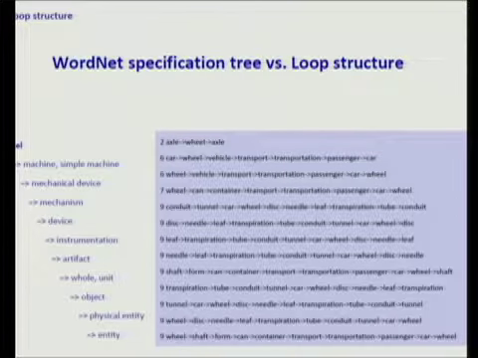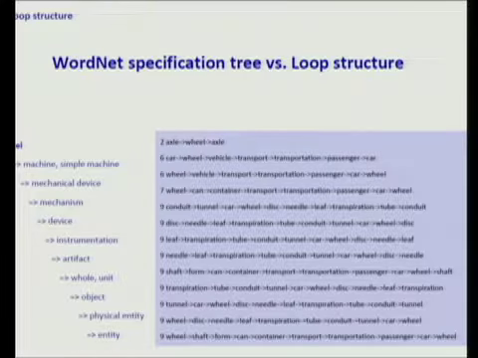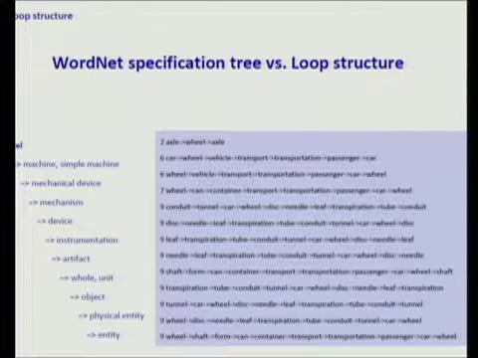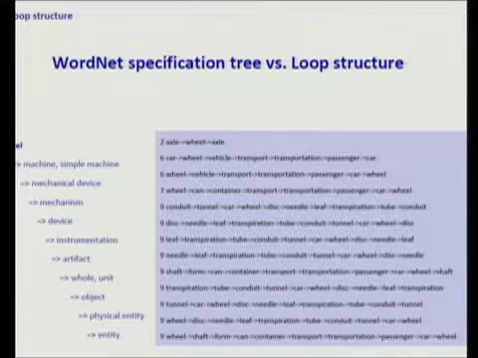This is wheel, and this is how wheel is described in WordNet, which is basically a tree-like structure. It starts from very general objects. Here is entity. It goes to physical entity, object, artifact, the device, etc., until it reaches a wheel downstream the tree. While if I look at the loop structure, I look at all the loops that contain wheel,